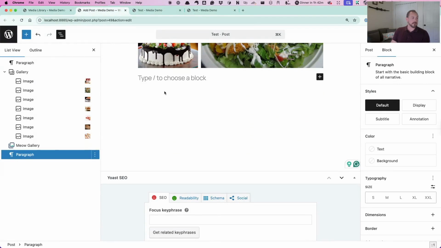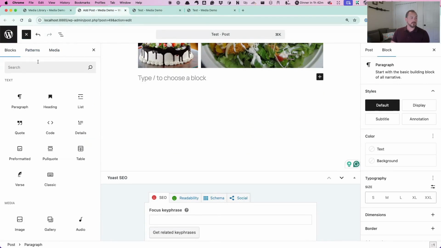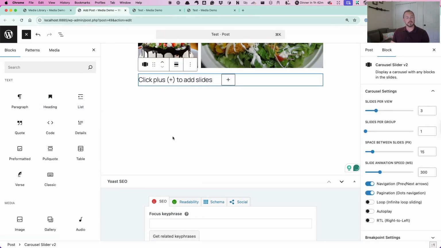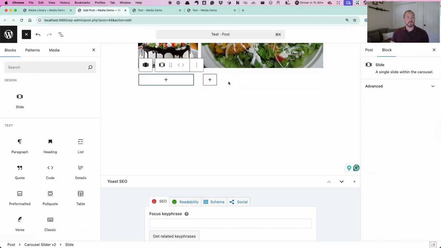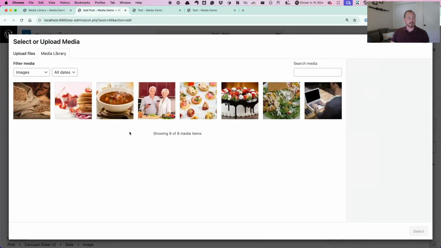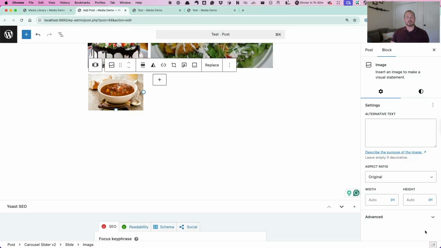Let's see. Oh, yeah. The other thing I was going to show is, again, from a plugin. There's a carousel slider block in the plugin directory that you can download. And this will allow you to essentially create a slider. But it doesn't just have to be images. You could put an image with text on it, or you could do a lot of those kinds of things. It is one click: add an image from the media library, pick an image, hit select,